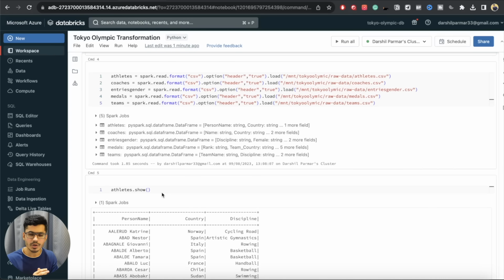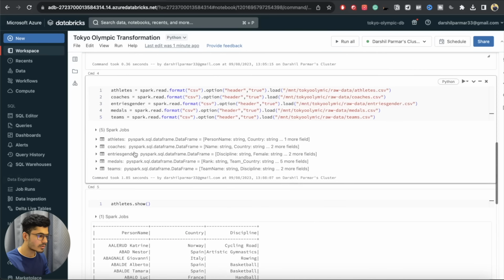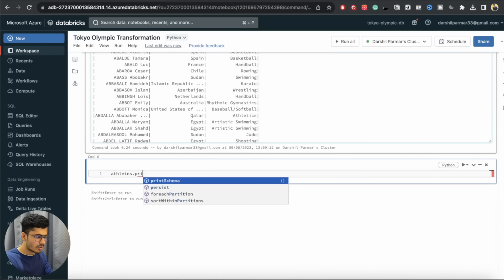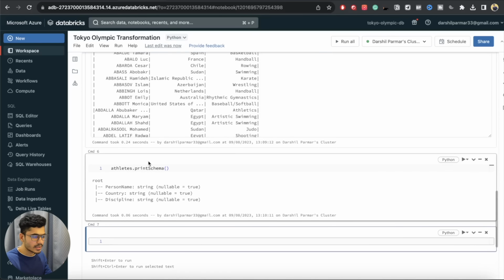For the transformation, we will do some renaming of the columns and change some data types, because we don't really have any garbage data inside our data set, since the data set was pretty clean. So we will do basic transformation and also basic analytics using Apache Spark code, so that you will understand the different functions available in Apache Spark. We will start by understanding the athlete data set. We will use printSchema. You can just write printSchema and it will print the entire schema of the